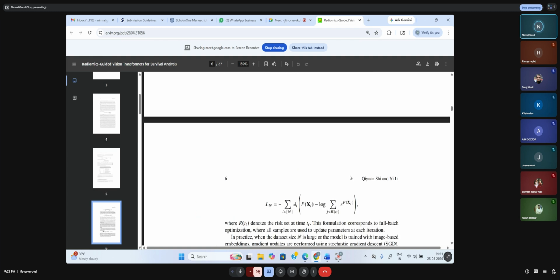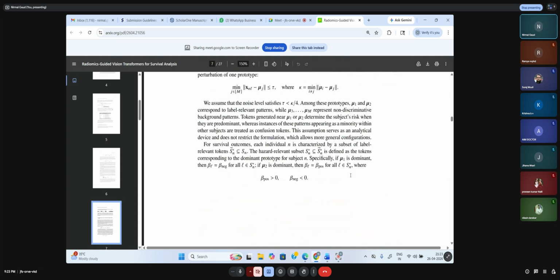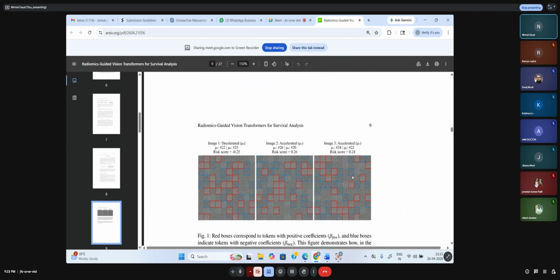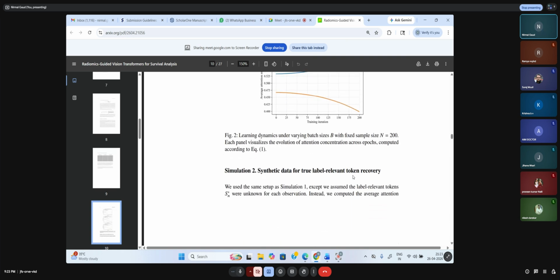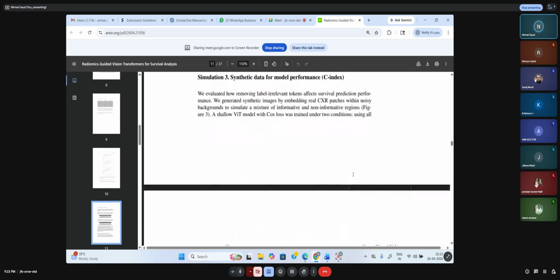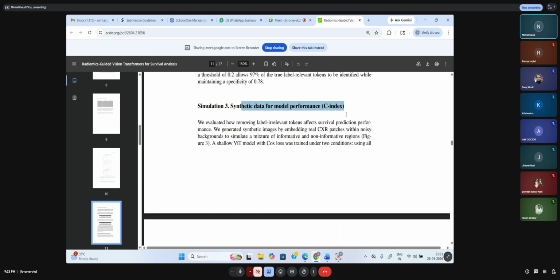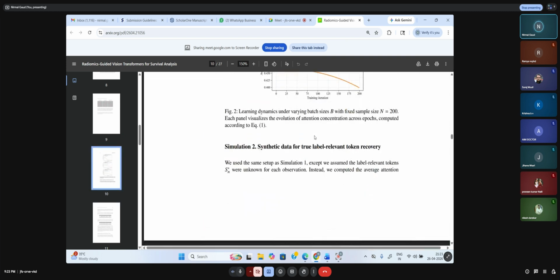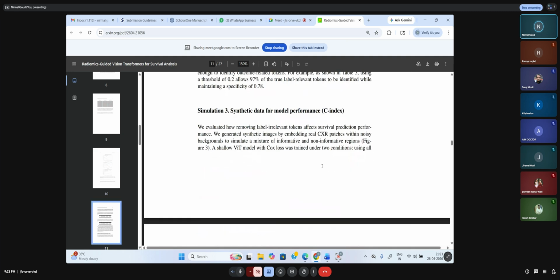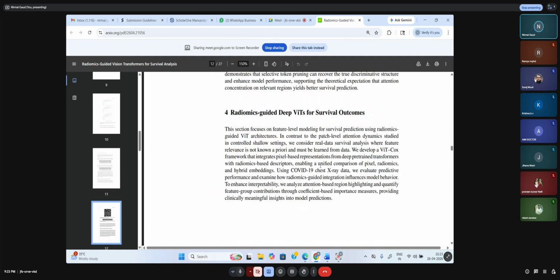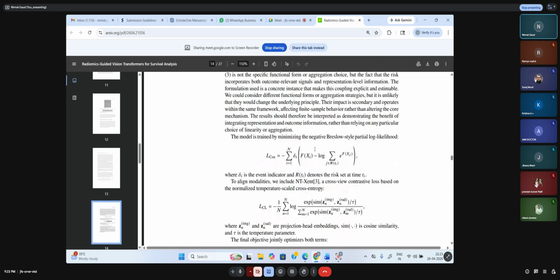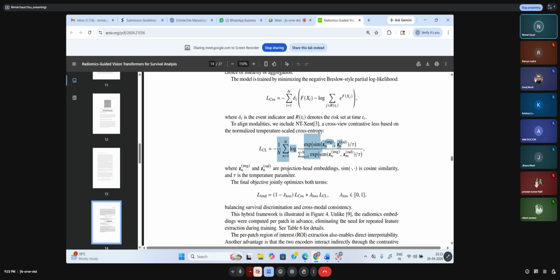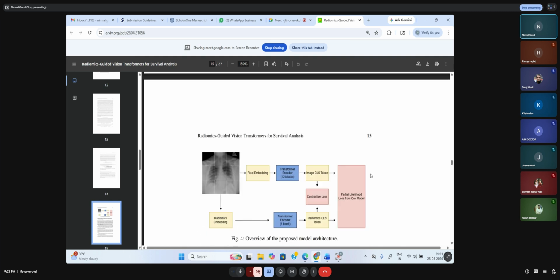This is a detailed paper. All right, fine. Their experimentation is also mentioned in the research paper. They worked on synthetic data also. Synthetic data model performance, that's their finding: synthetic data for true-level relevant token recovery. So they did it on some synthetic data. Then they applied it to the survival outcomes for COVID-19 chest X-ray. Okay, fine. Here are the same formulas which we have seen above. Here is a loss formula which we have seen above in my